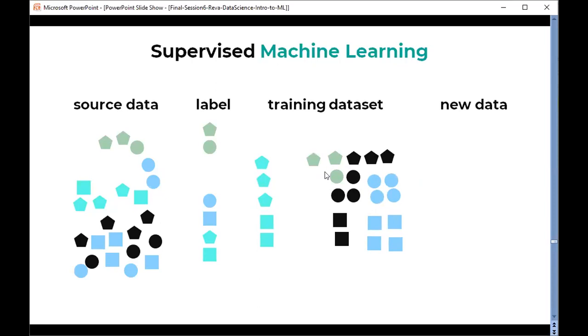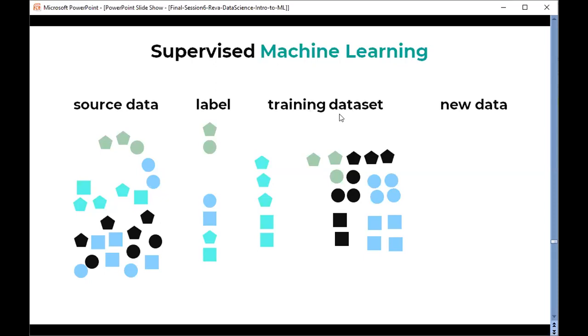In biomedical data, it could be cancer subtypes. Suppose we have data points, and taking the squares as a cancer subtype, this could be breast cancer stage 1 data, breast cancer stage 2 data, and stage 3 data. This is how we define the labels, and these labels are present in the training data.